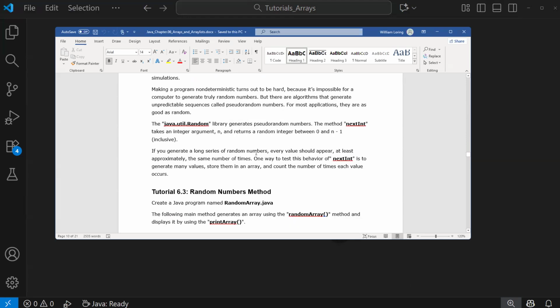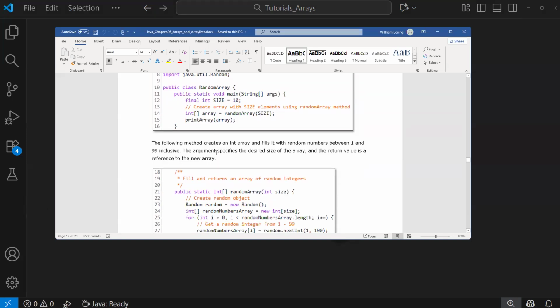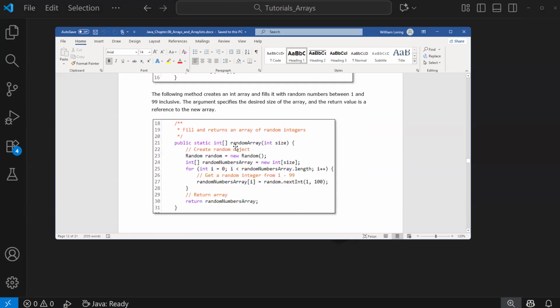What's next? Random numbers? Oh, yeah. There we go. That's how you make random numbers. We have a random util. There it is. There's our random array method. So let me stop for a second. We'll do that as a separate